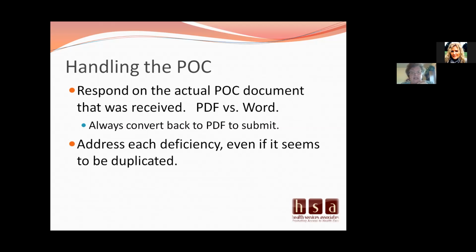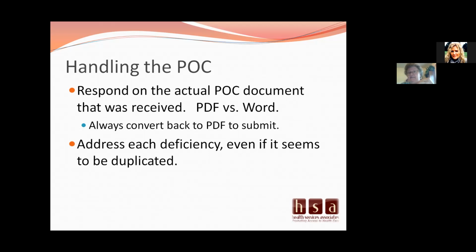As I have mentioned a few times, you have to address each deficiency, even if it seems that it's duplicated. You have to address it with full detail. And the nice thing about being in Word, it's a lot easier, I find. Again, not my superpower of technology, but if I do it in Word and there's a lot of repetitiveness throughout the E codes or even the J codes, if the answer that you've written previously applies to this next code, you can actually copy and paste and put it in, but you can't ignore that J code or E code number. You have to address each one.